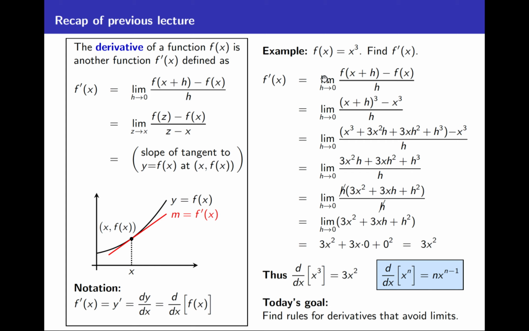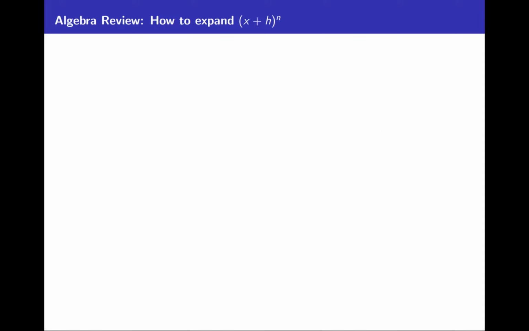We'll derive the power rule by working out a limit very similar to what we did here. And here we had to expand out x plus h cubed. You can imagine that if the power we were differentiating was x to the power of n, what would happen here would be x plus h to the power of n. And that could get pretty complicated. So the first thing we're going to do today, with an eye towards that goal, is to review a little bit of algebra. I want to talk about how to expand x plus h to the power of n,